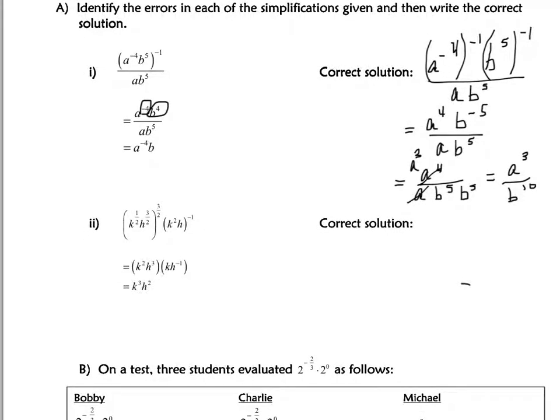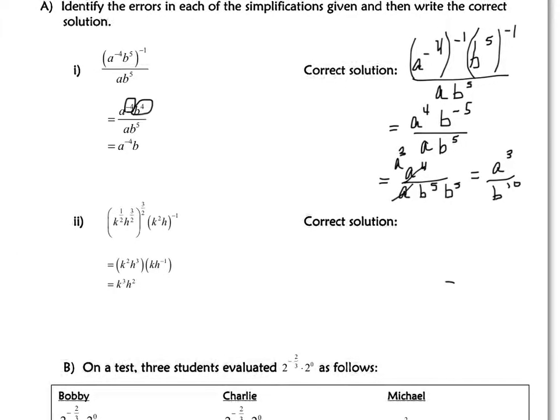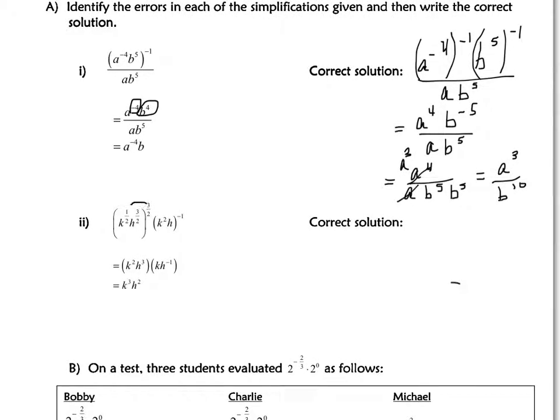The next example, again, is same kind of error, because when you have a power of a product like that, you would be multiplying 3 over 2 by the 1 over 2, which would give you 3 over 4, not 2. And 3 over 2, which should get multiplied by the 3 over 2, which should give you 9 over 4, not 3. And similarly here, it looks like they added 2 and negative 1 instead of multiplied 2 and negative 1. This here should be k to the negative 2, and this should be h, this one's okay, h to the negative 1. So what we would do here is k to the half